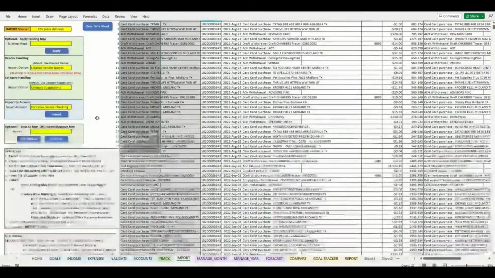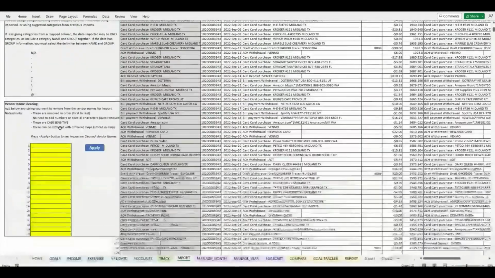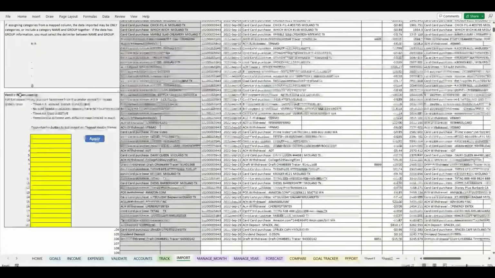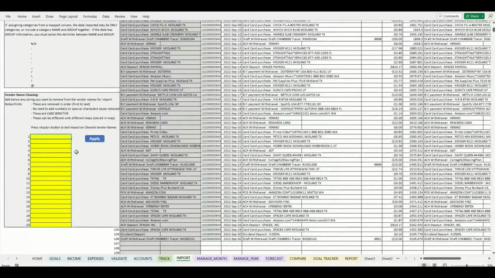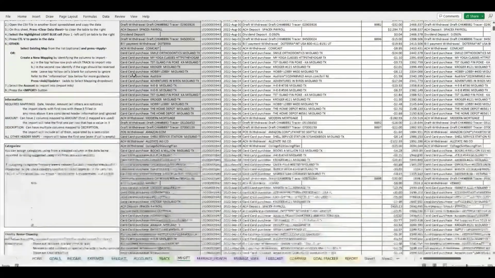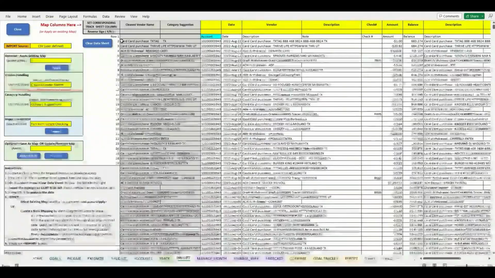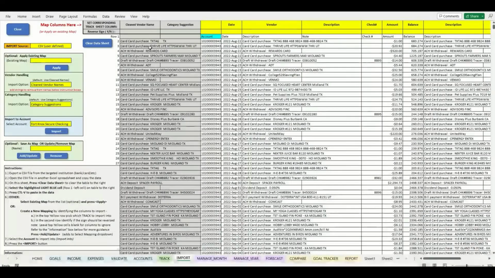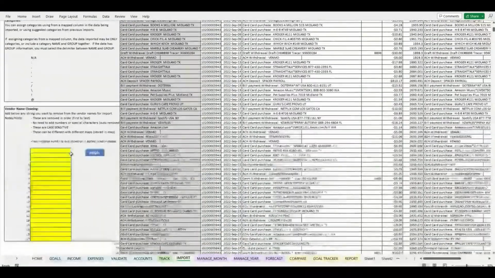So the way we do that is we go down to the bottom here, you scroll down, and it says vendor name cleaning. You can put in strings that you want to remove from the vendor name that you don't want imported. So looking at the top, card purchase, card purchase. I see card purchase all over the place. So what I can do is I can come down here and type in